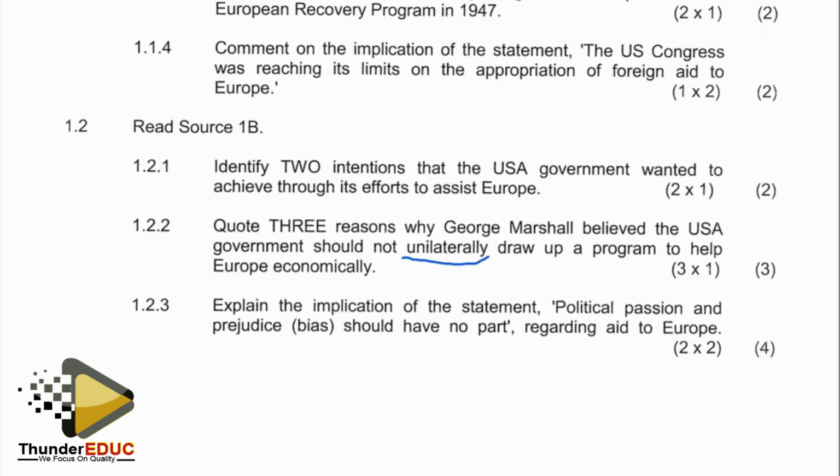Why did Marshall believe that it was not only the duty of America alone? It was the one offering the funding. However, it was not supposed to be the sole duty of America to do the planning or to draw up the whole program on its own without considering the input of other countries. Why was it like that? That is the question. So we want to quote 3 reasons why George Marshall believed that it was not only America which was supposed to come out with a recovery plan for bailing out struggling European economies. Right, if we go to our source,